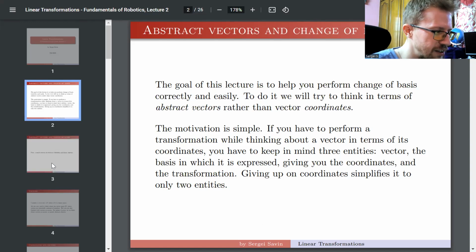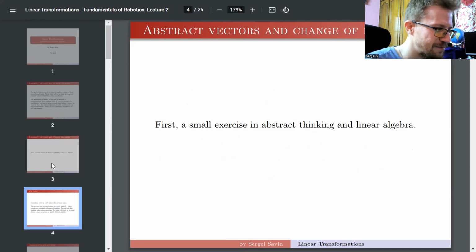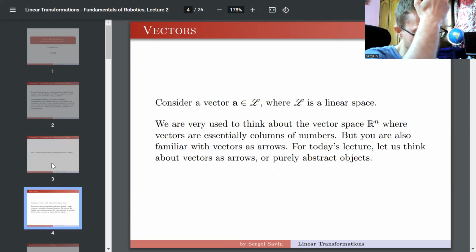All right. Let's dive in and see if this somehow helps and clarifies. First, a little bit of pure linear algebra. Please bear with me and try to pay attention. I understand this is like flashbacks to your first grade, but it's good. Let's try. All right, so consider vector A